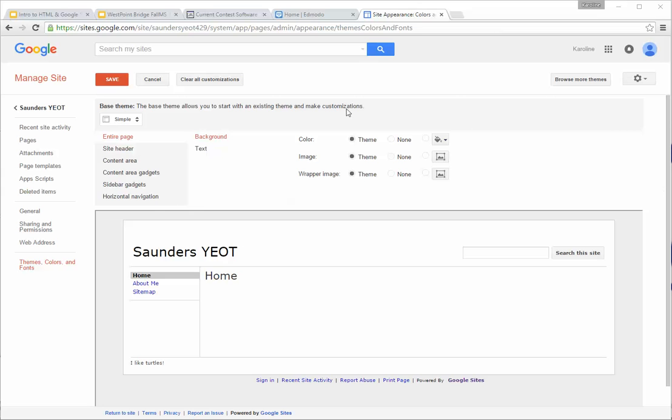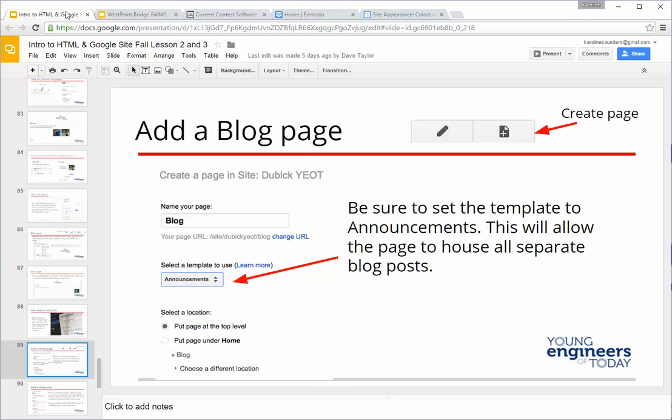I don't know how to do it in sites. Alright. Yeah, I only know how to do it the old school style. So let's go ahead and